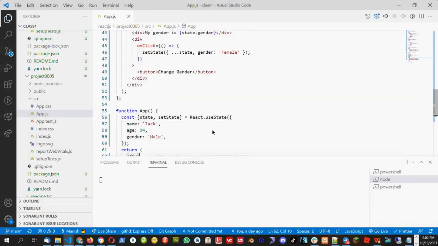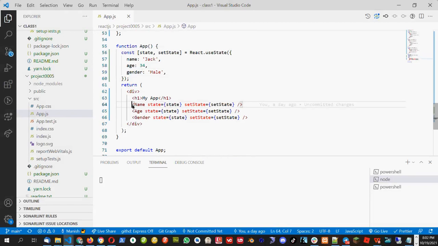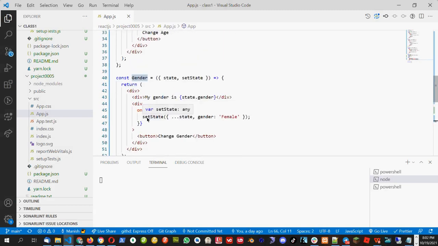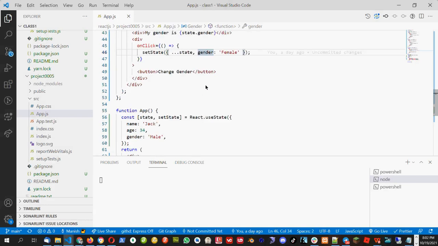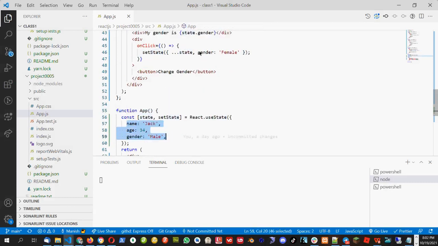Okay, so yesterday we were doing the state where we created the object with three values: name, age, and gender, and we are updating or displaying in the name, age, and gender component. And how are we updating the state? We are updating the state by saying set state, and we are passing the state, which is this one, and we are adding a new value, key value pair. So it will override the old value. So if the old value is gender male, we are overwriting it with female. So initially the state will take all the values, key value pairs, like all these three, and then it will overwrite